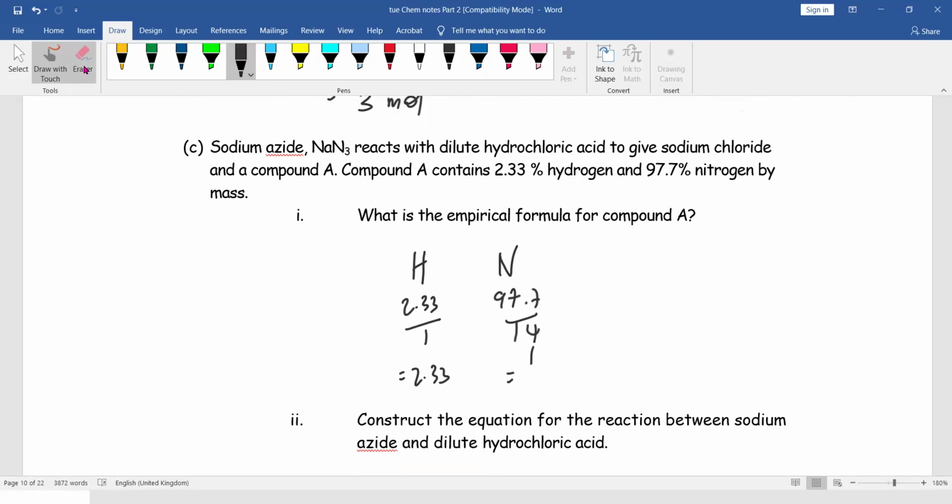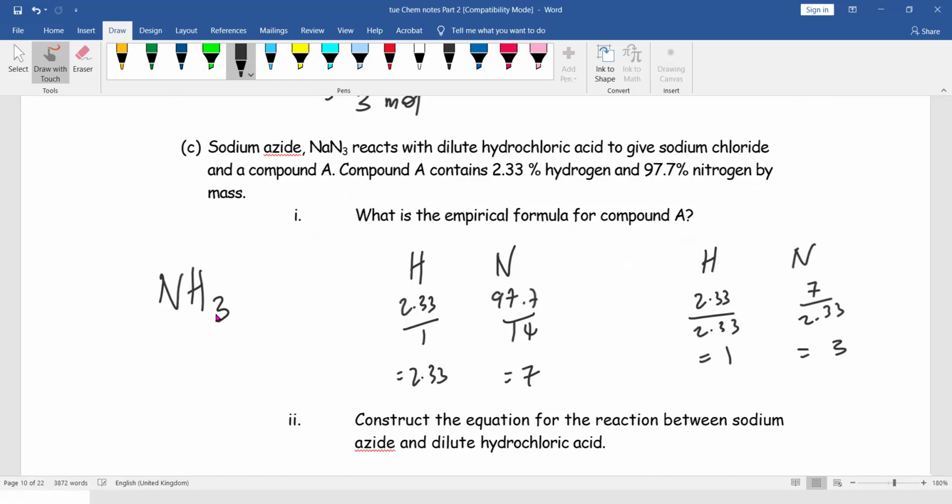So you get 6.9. 6.7, huh? So you take H, 2.33 divided by 2.33, you get 1. And then 7 divided by 2.33, you get 3. So it's